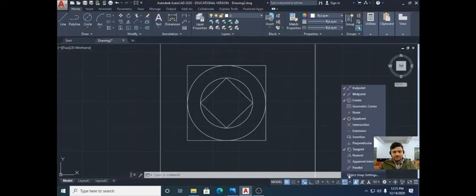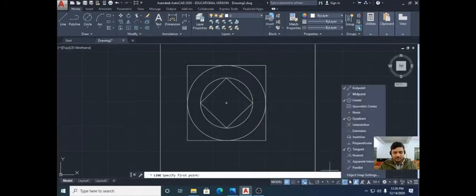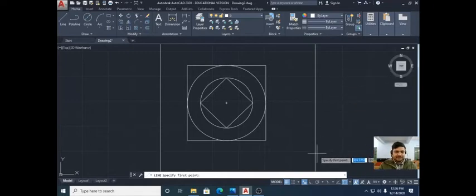Just check on the object snap whether the midpoint button is on. Let's mark it off. Now click onto the line part and check whether a midpoint is coming to you. No, it is not showing to you. It is only showing the endpoints and the quadrants, because quadrants and endpoint are on in the object snap toolbar. So come on to the object snap tool, click onto the midpoint, click anywhere on the screen.